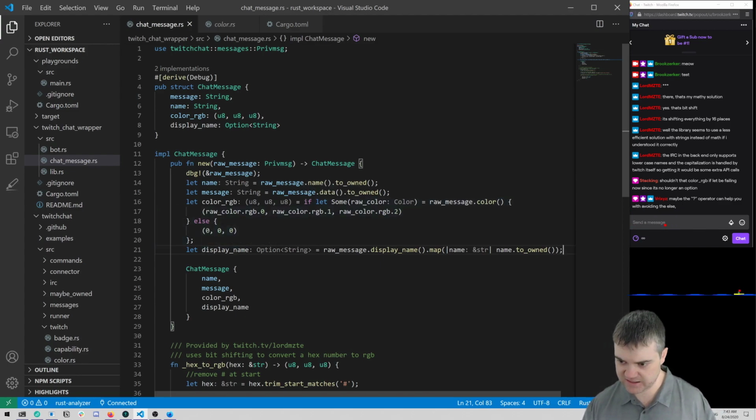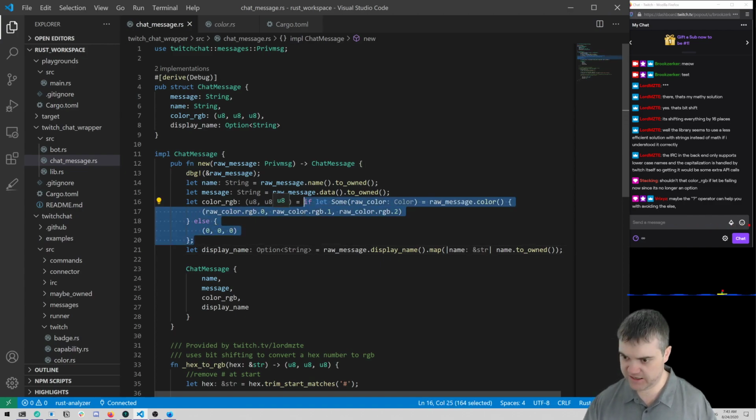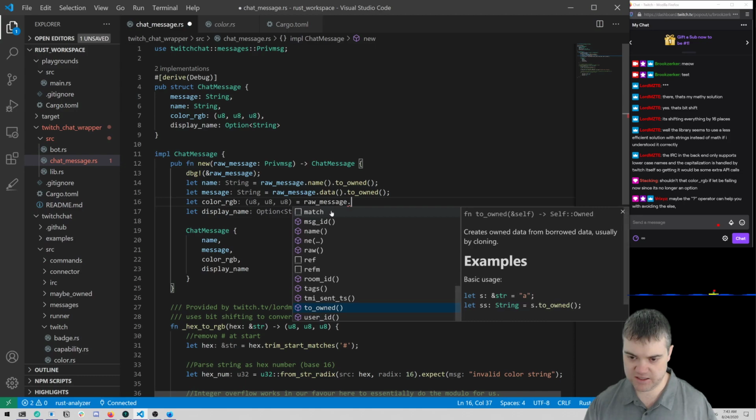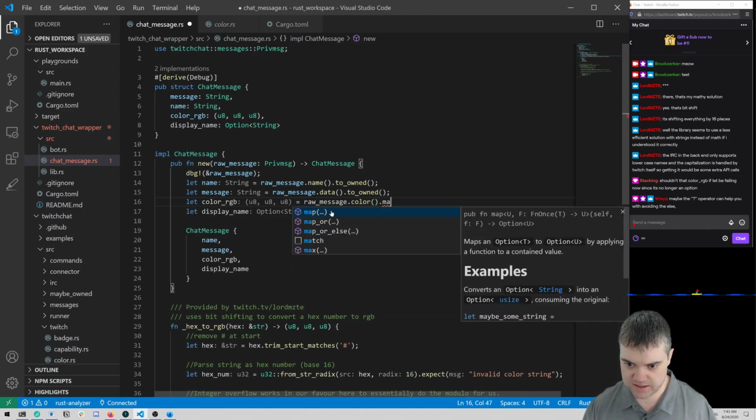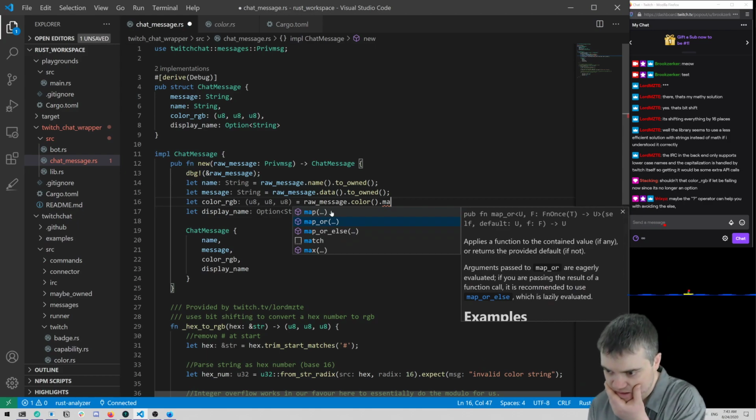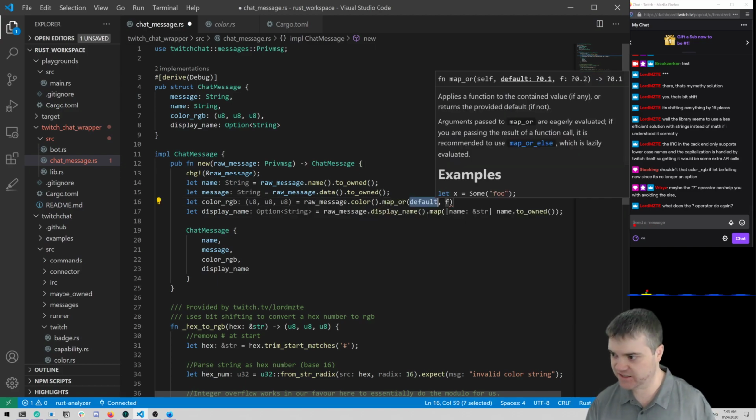And I think we can do the same thing here, where we can say raw message dot color dot map_or, which applies a function to the contained value or returns the provided default. Okay, so that's what I want.